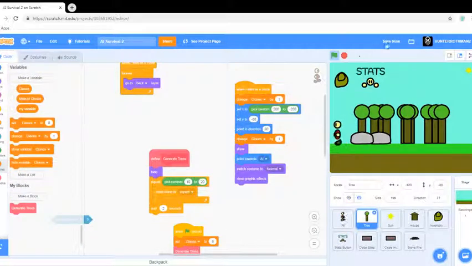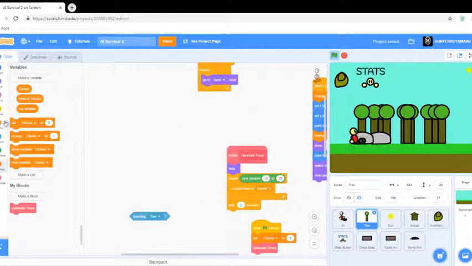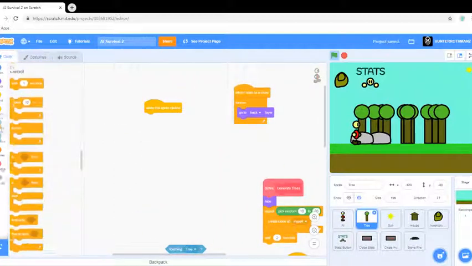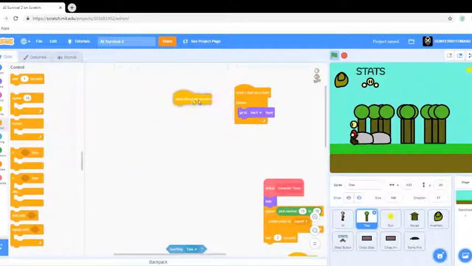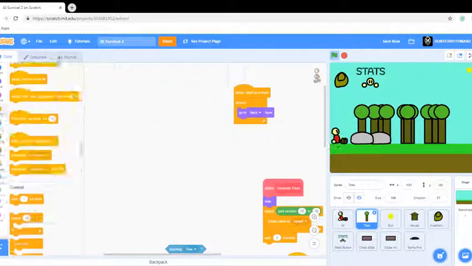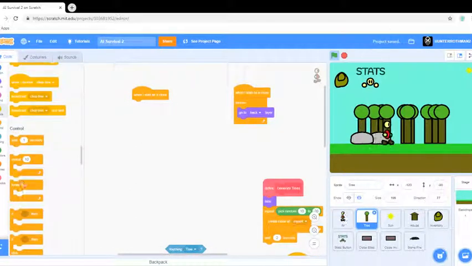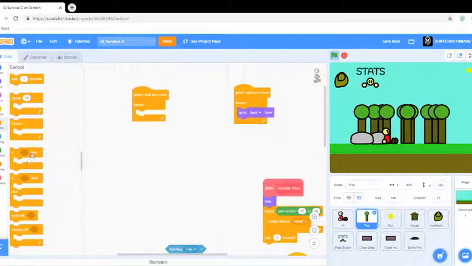Now, before we even put that in, because it might have a chance of loading, there's going to be an error in the game somewhere. Take a when this, oh wait, no, not that. Sorry, wrong one. Take a when I start as a clone block. And then do forever if